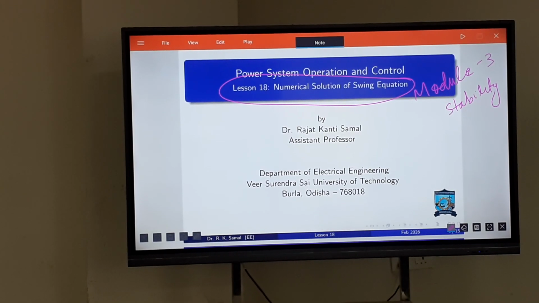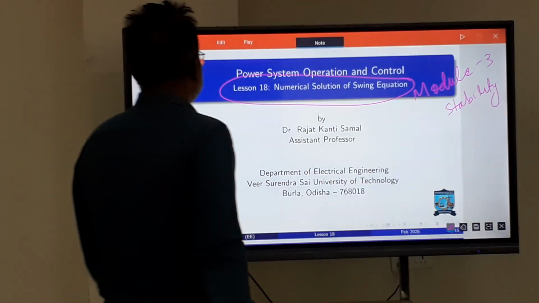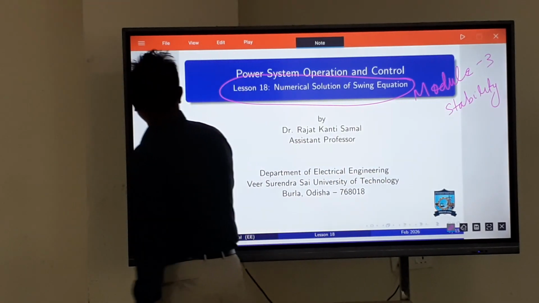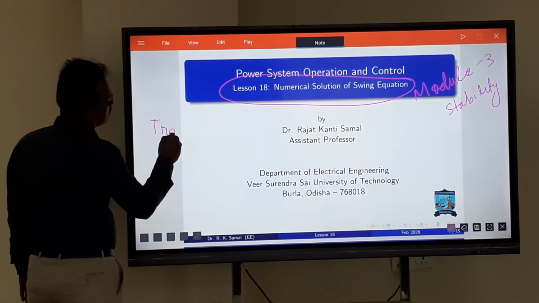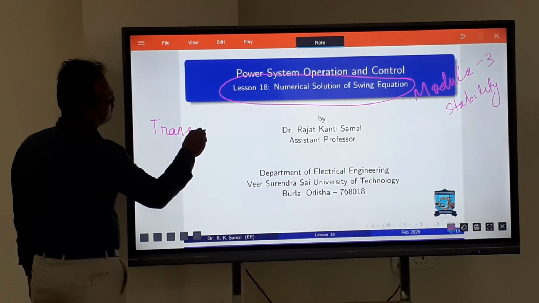So far we have discussed how many types of stability? Three types: steady state, transient, and dynamic. Dynamic is mostly an old one, no longer used, but it was a type of stability. With faster AGC, dynamic stability is no more required. Okay. So when we say transient stability,